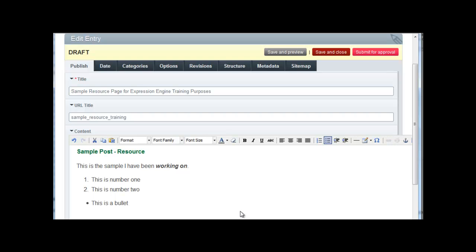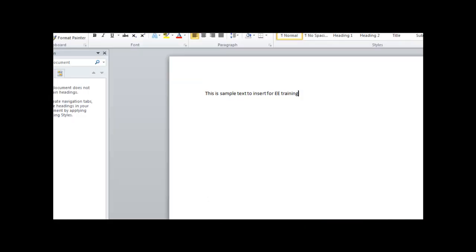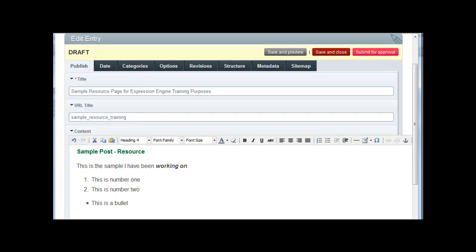Next, I'm going to show you how you can cut and paste from a Word document. So I'm going to go into my computer onto a Word document. I'm going to just highlight the text that I'd like to copy. Or right-click and copy, or use the keyboard shortcut Control-C. I'm going to go back to my Expression Engine, and I'm going to